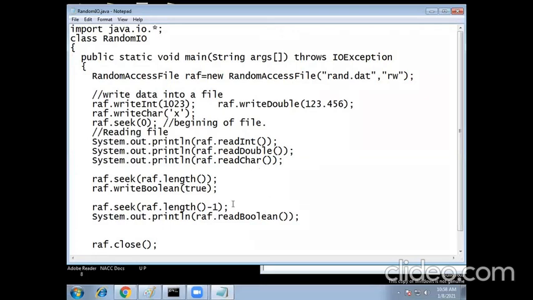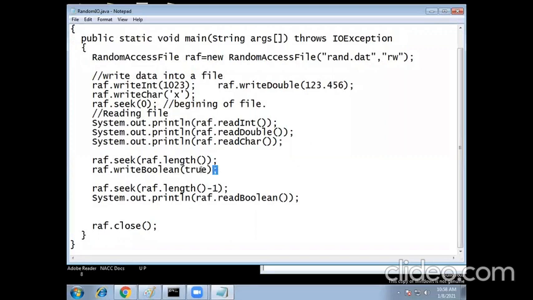So now if you want to print this value, then what you have to do is go to the end of the file minus 1. Instead of writing 4, because you do not know whether it is the last record, that means you do not know its location, you use the length of the file minus 1. The index begins with 0, so minus 1, minus 2, minus 3, like that you can use.